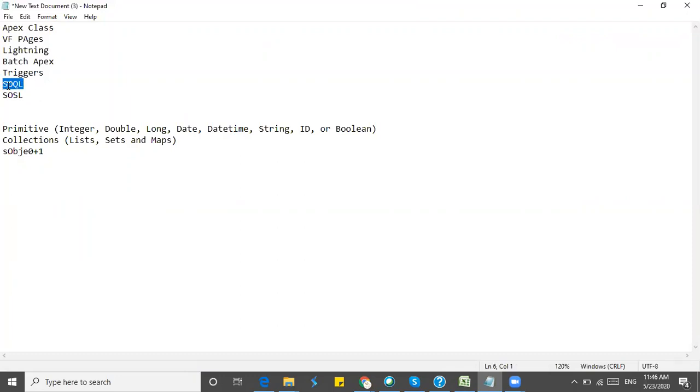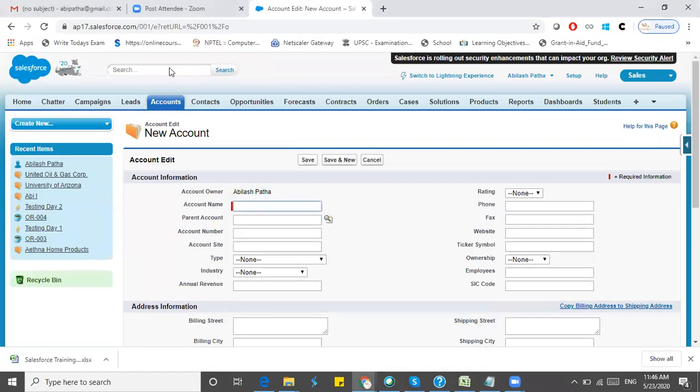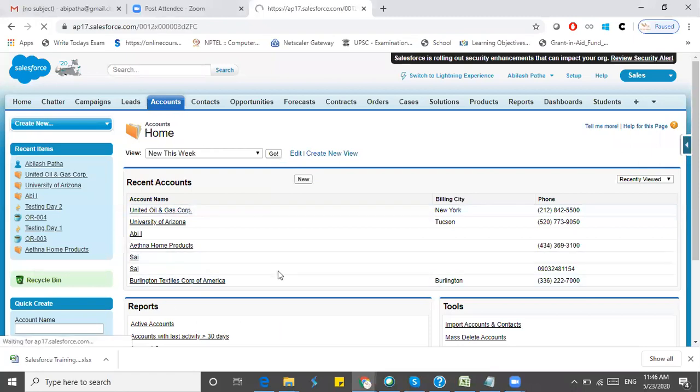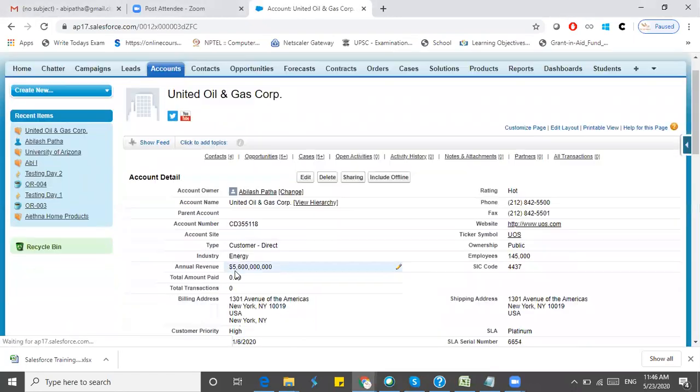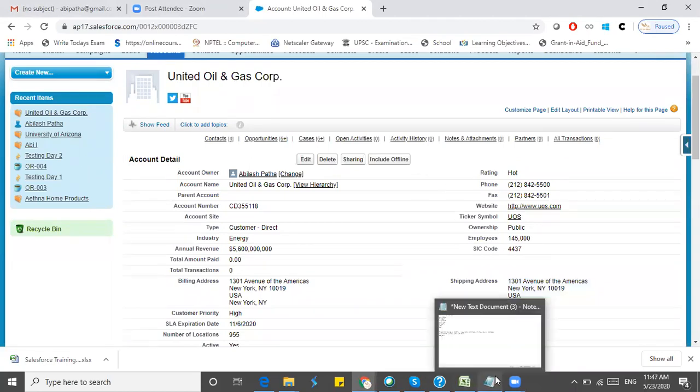And SOQL. SOQL is Salesforce Object Query Language. We can't see or access the database directly, but all the data we save, like an account record, is saved in a database in the cloud, at Salesforce.